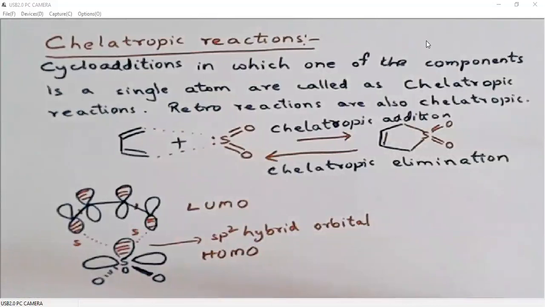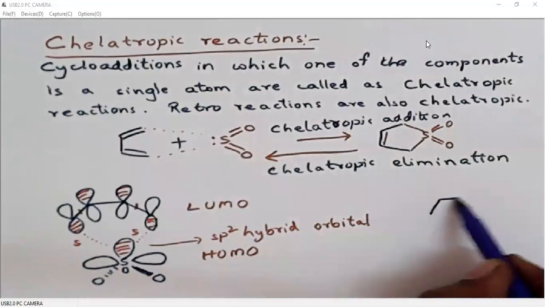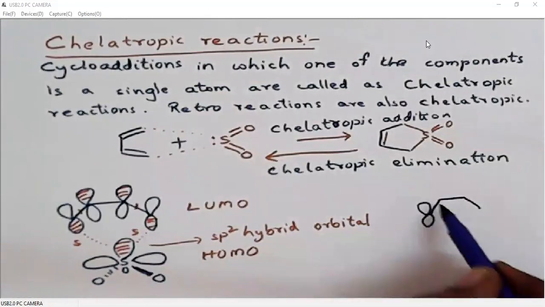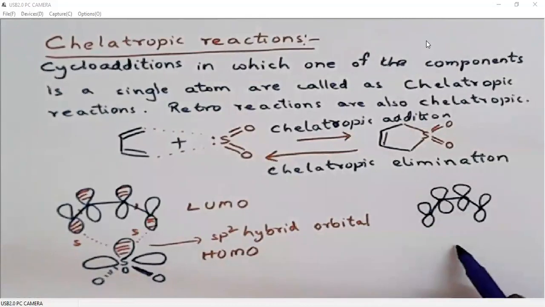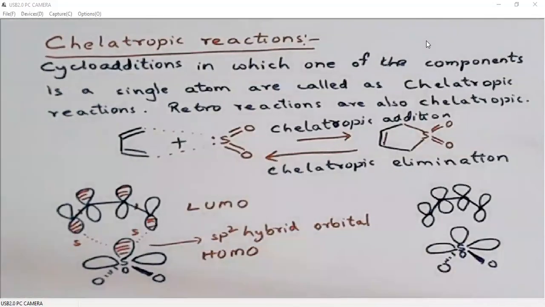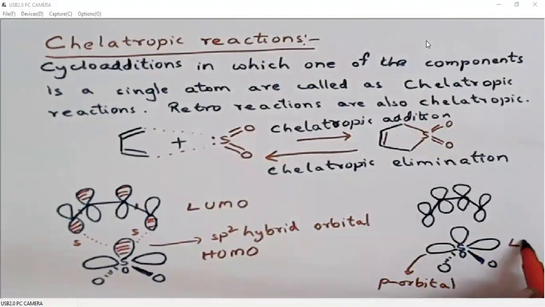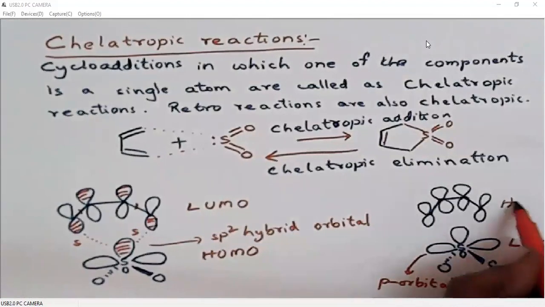So the p orbital is empty here, right? Again, I'll redraw the structure, because only the orbital lobes will change, positive and negative, but the basic skeleton is this only. So this is an sp2 hybrid sulfur atom, which has an sp2 hybrid orbital, and we also have a p orbital. In this case, what we will utilize is the p orbital. The p orbital is empty, so it is the LUMO, and we will use the HOMO of diene.